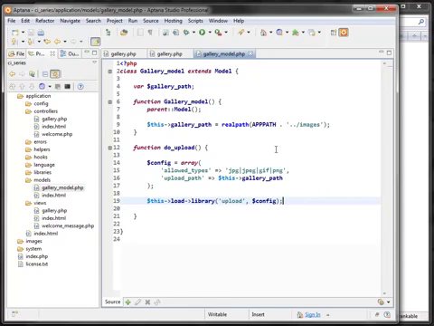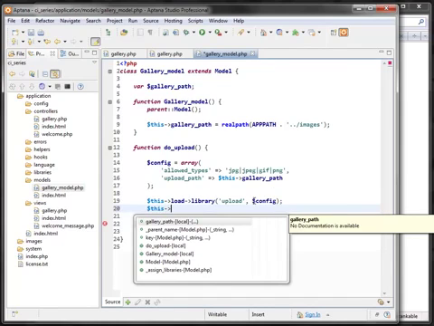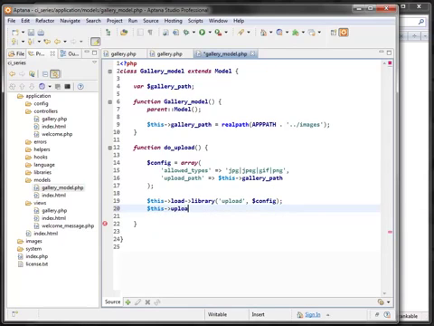So let's see. Okay, initializing it is not enough, obviously. So we have to actually perform the upload itself. Once we load the library like this, it's available to us by going like this: upload. Now this is the loaded upload library, and we can call its functions, for example, calling the doUpload function just like that. So this will perform the upload operation where it basically reads the uploaded file and saves it to the